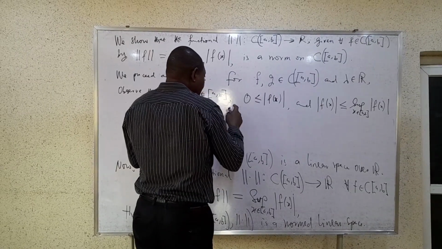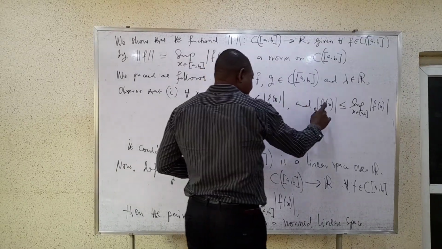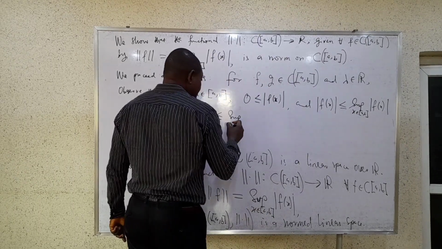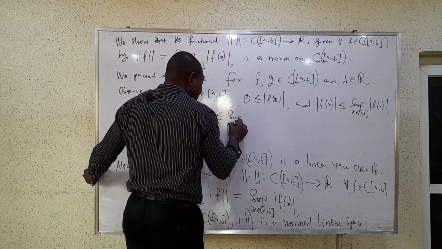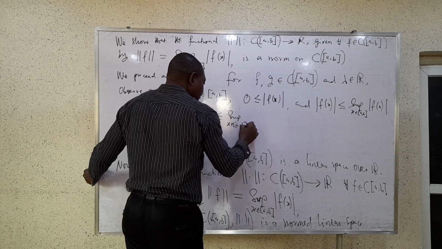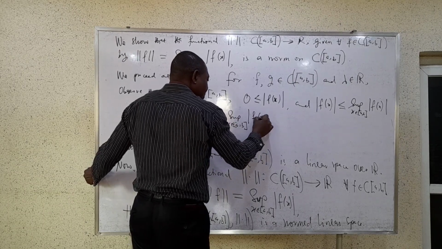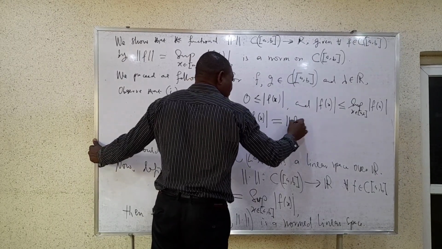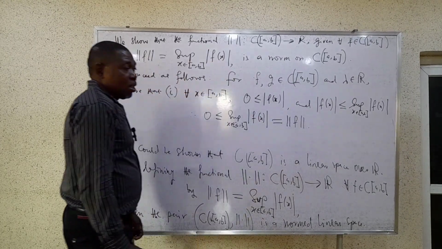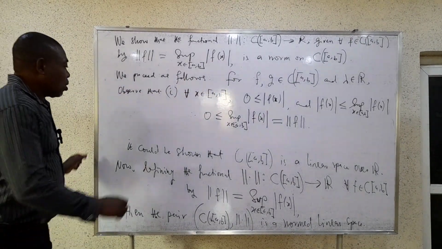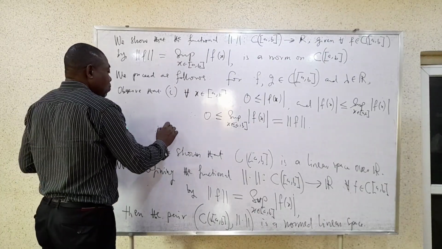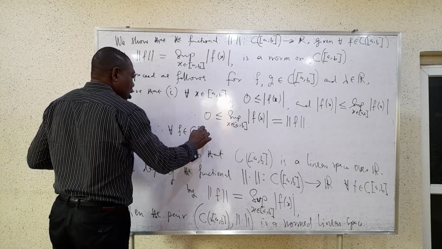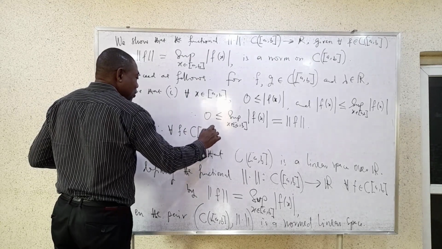For the fact that this is less or equal to this, and this one is less or equal to this one, it means therefore that 0 is less than or equal to the sup over x in [a,b] of the absolute value of f(x), which by our definition is what we call this function. So what we have is that for any f in C[a,b],